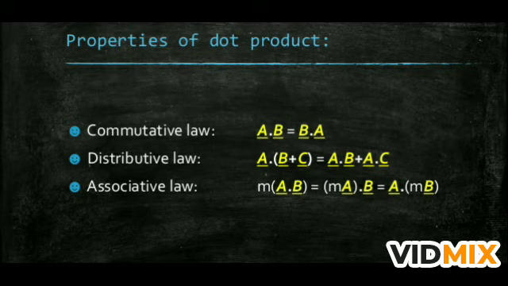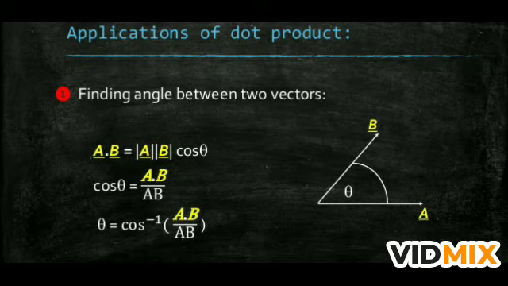Application of dot product now. If you have to find the angle between two vectors A and B, in between the angle is theta. So the relation is A dot B is equal to AB cos theta. So what is theta? We can write cos theta is equal to A dot B upon AB, or theta is equal to cos inverse of A dot B upon AB. Here AB is the magnitude and vector A and vector B are the vector values. So like this you can write, and you can find the angle.